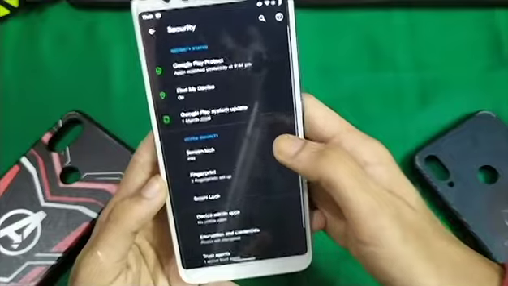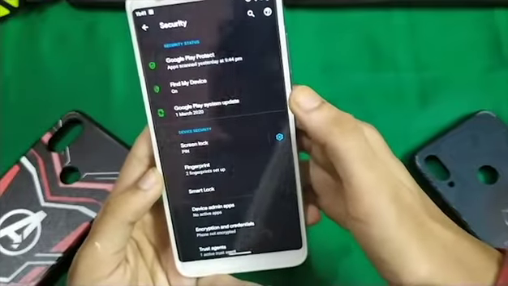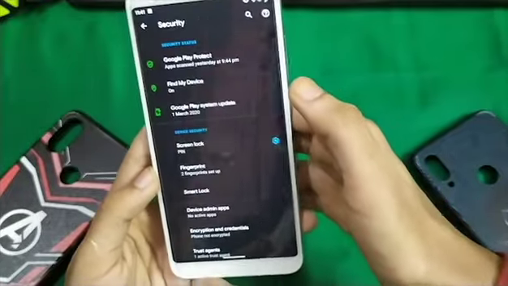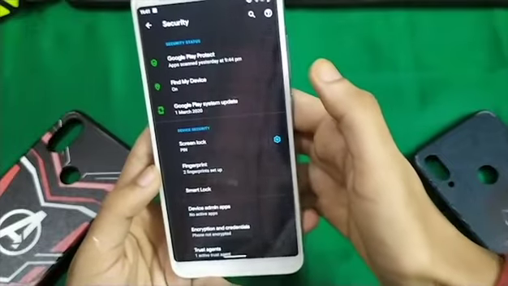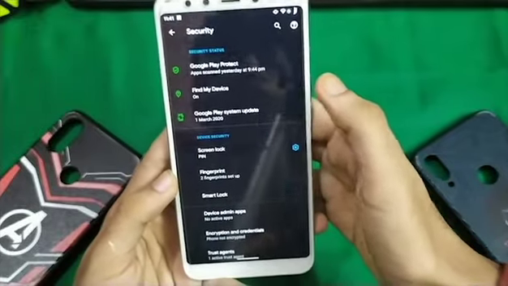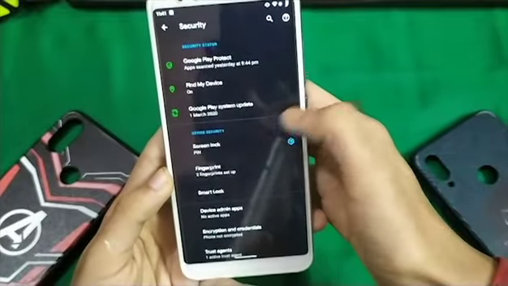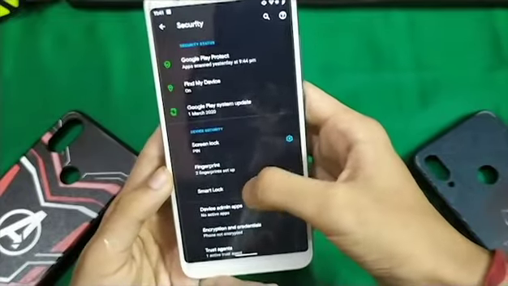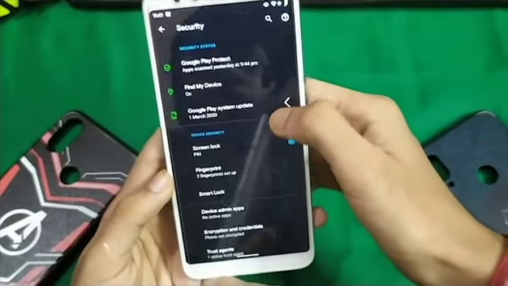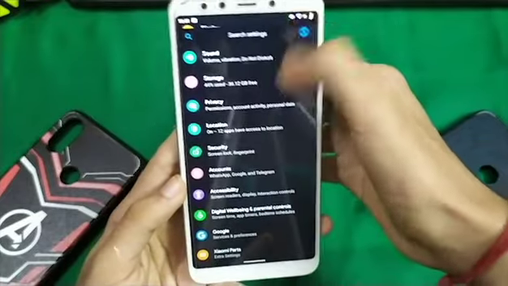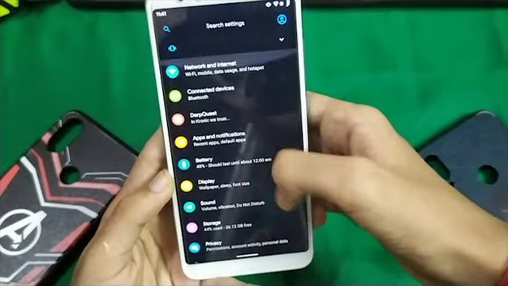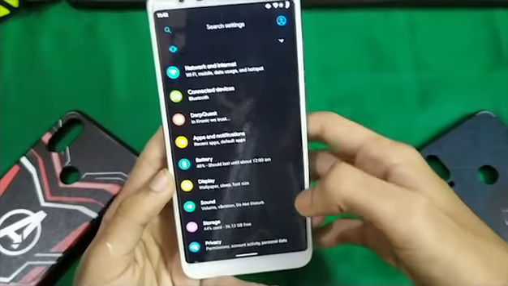Also, in this ROM, you do not have face unlock because it's a stolen property from Motorola. Many other ROMs have got a DMCA takedown. So this ROM by default does not have face unlock. You have fingerprint unlock or Google Smart Lock. As you can see, this ROM is updated till this month, so you need not worry about updates as you will get them.